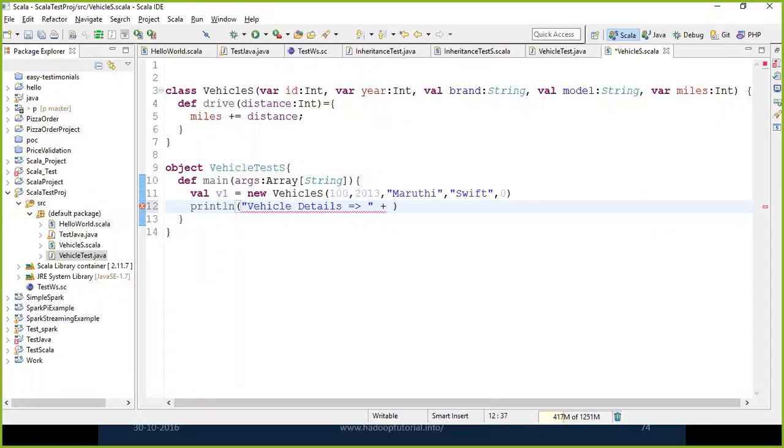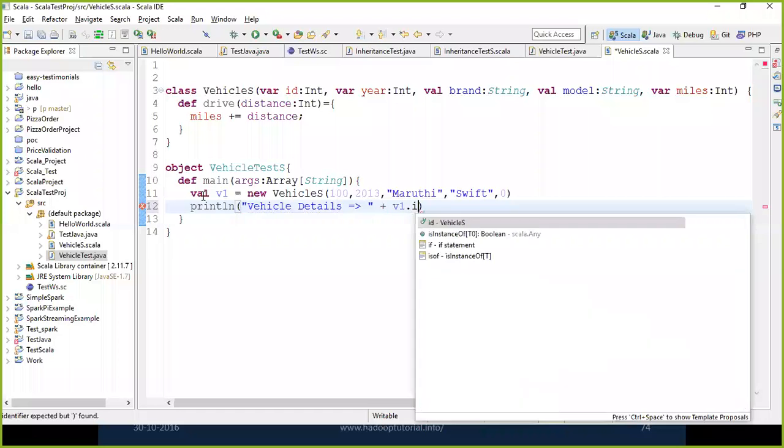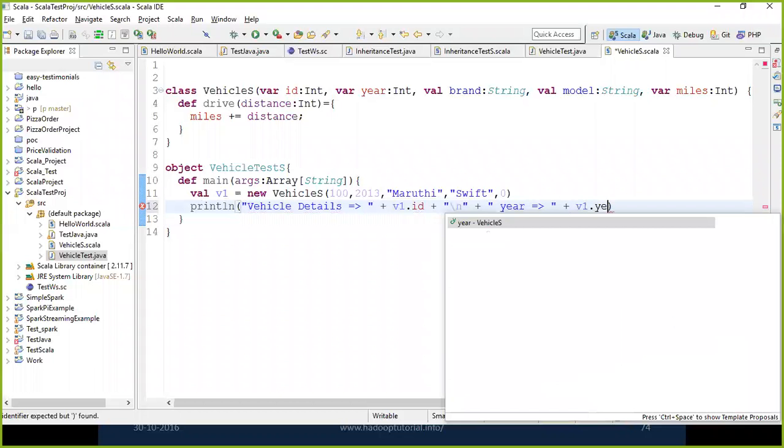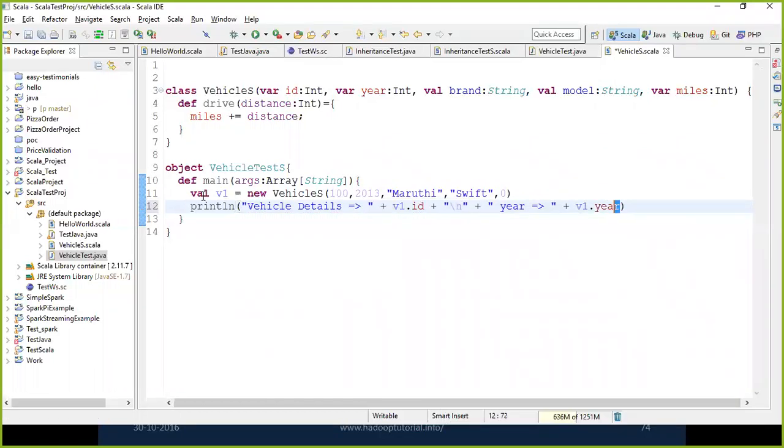Vehicle details, v1 dot id, year, v1 dot year, and similarly